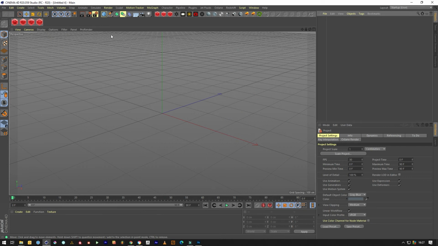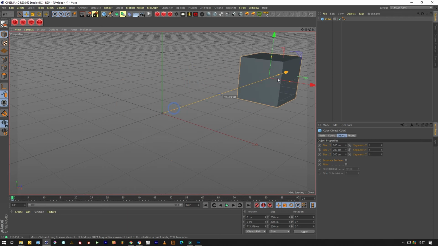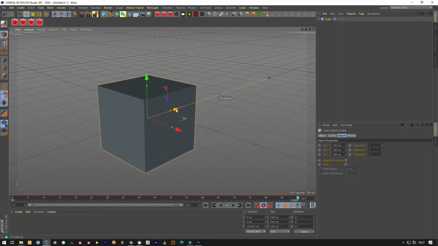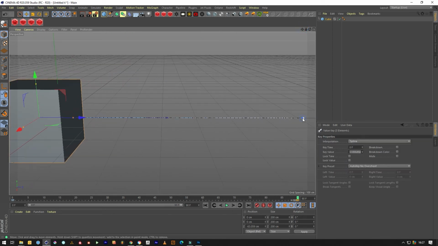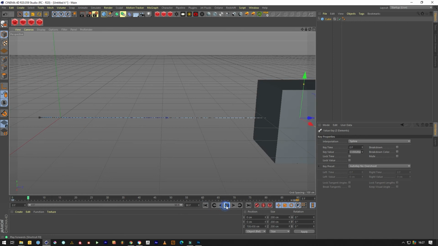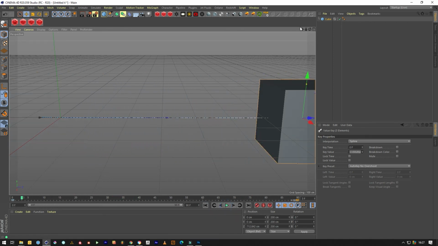Another really simple thing for beginners is if you've got this cube, for example, moving from there to here. When you start and you use Cinema 4D for the first time, you think, gosh, I just want it to go in a straight line. Why are the dots getting further apart, and it starts slow? Like that. And then it slows down at the end, which might be what you want if you're doing